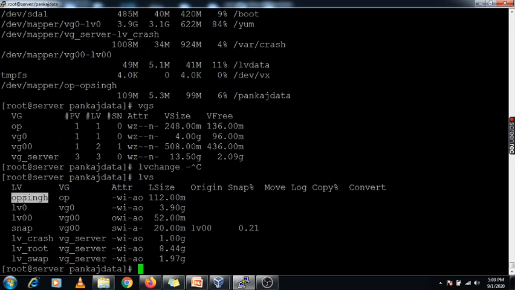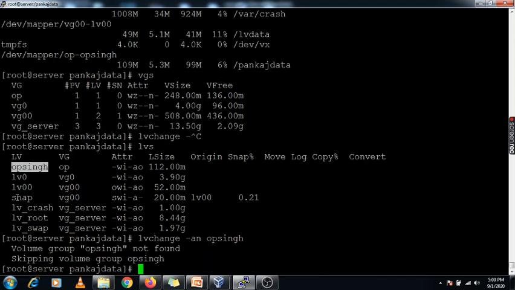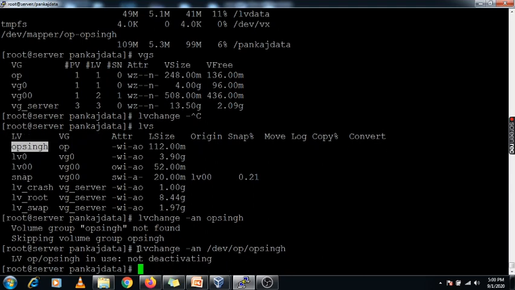This is my LV name, and lvchange -an giving the LV name. Now using this command, okay, LV is not found. We need to specify the full path, here /dev/op. Under this op, the sync is available.